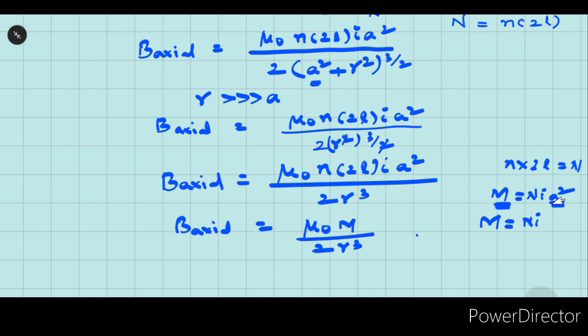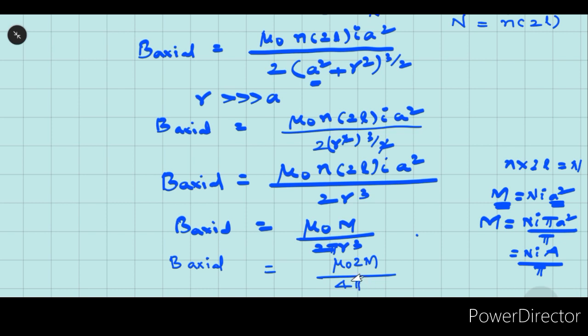By multiplying this with pi, we get pi A square, and dividing with pi, we get N into I into capital A by pi. So we get in the expression 2 pi into R cube. By multiplying numerator and denominator with 2, we get mu naught into 2m divided by 4 pi R cube is the expression